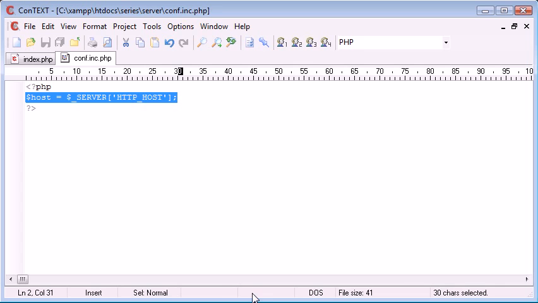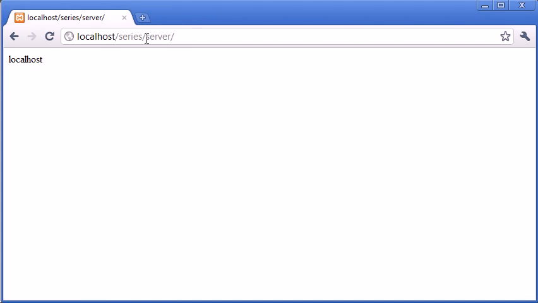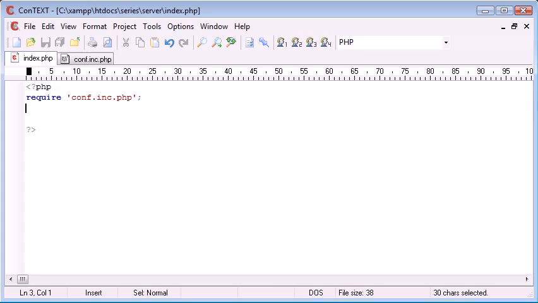So let's say at the moment I've got it on localhost and I'm developing it. All my pictures, for example, for a template system are going to come from localhost/something. So it could be local. At the moment the URL I'm running under is localhost/series/server. So what I could do is say host equals this, however